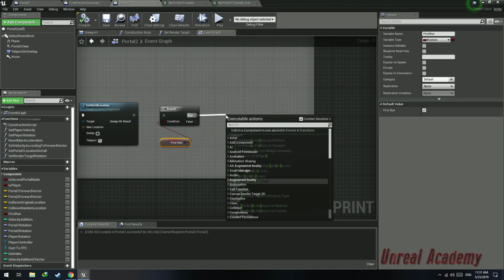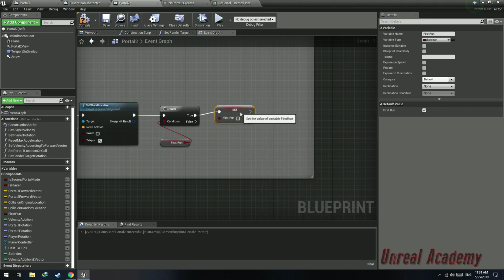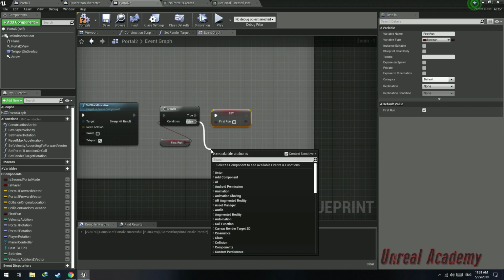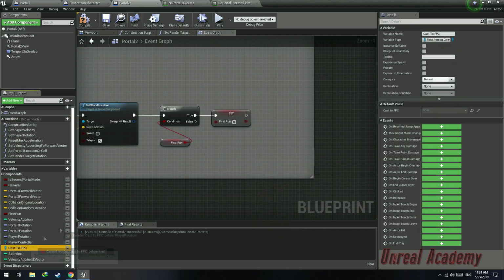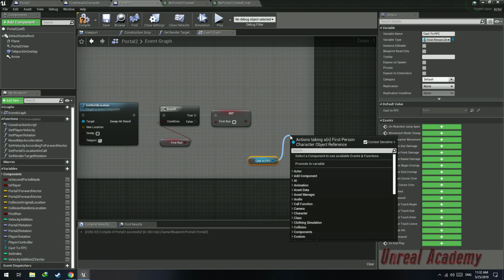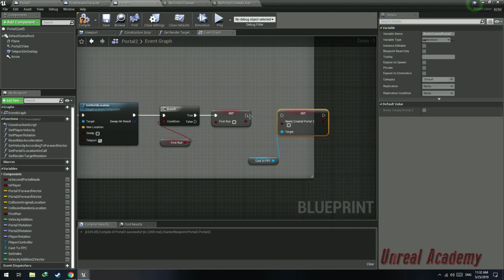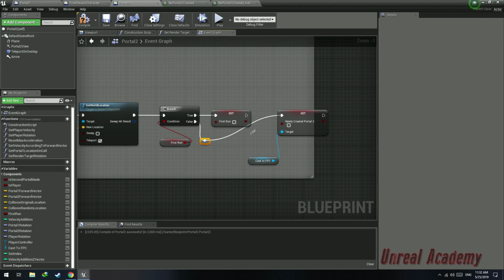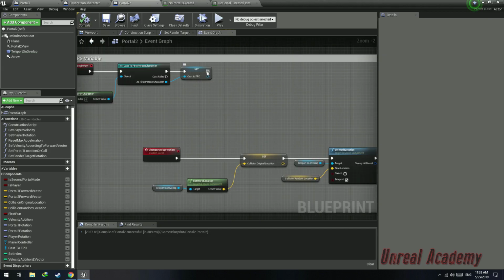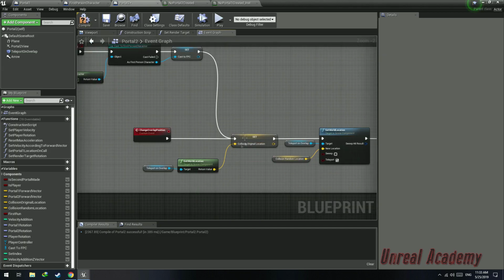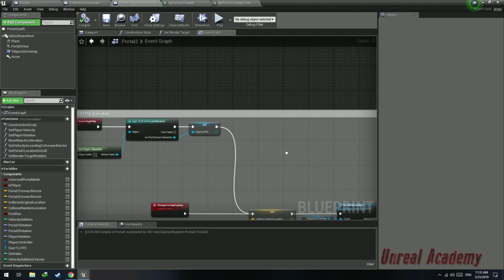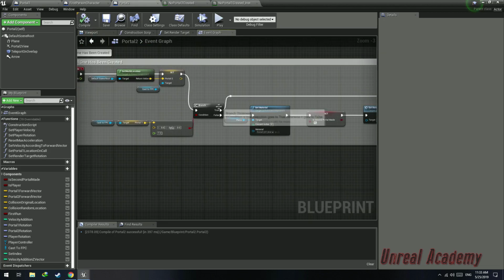If it's true, then set first run to be false, and if its value is false by default, then we're going to cast the first person character, and we're going to set newly created portal 2, since this is the portal 2 blueprint, to false if this is first run is also false. Hit compile, plug in the set node into this node, compile again, and now scroll up to the event tick